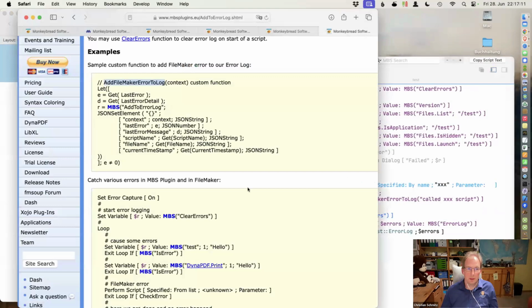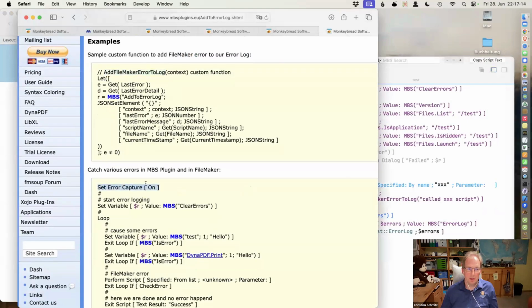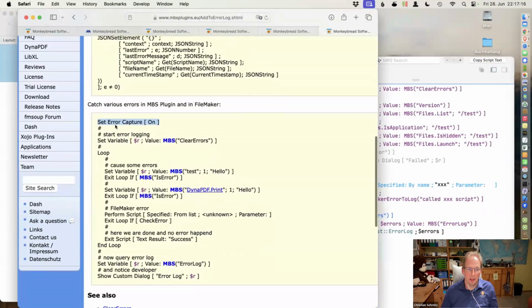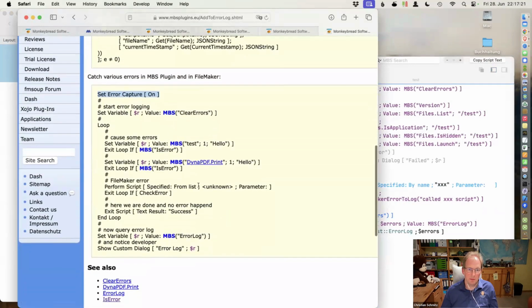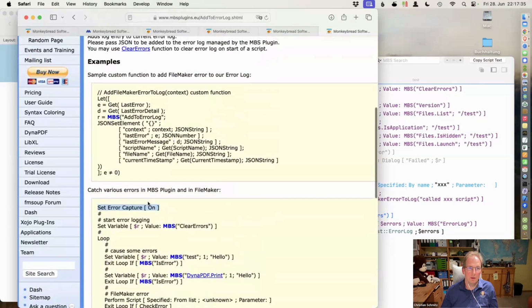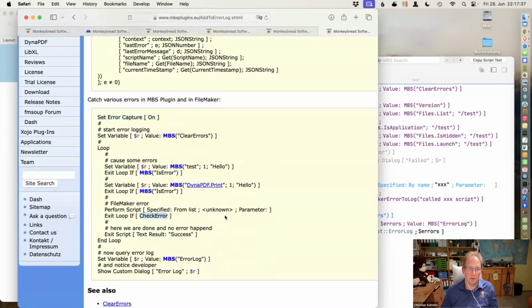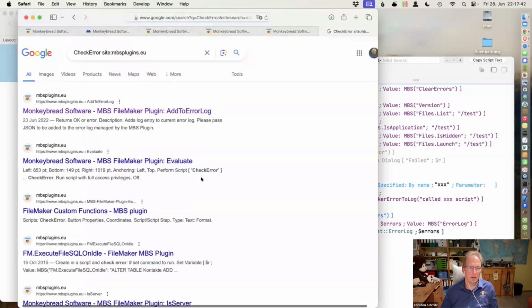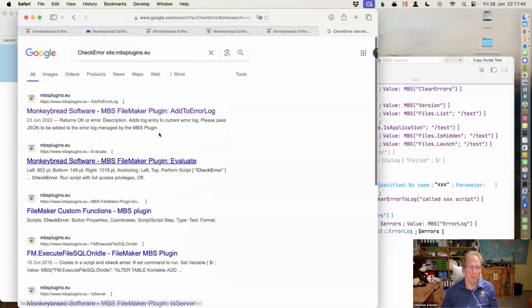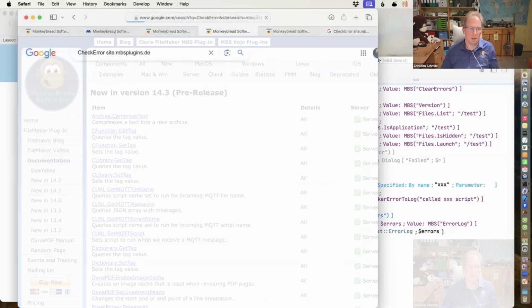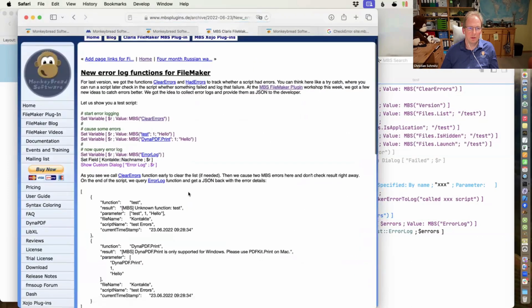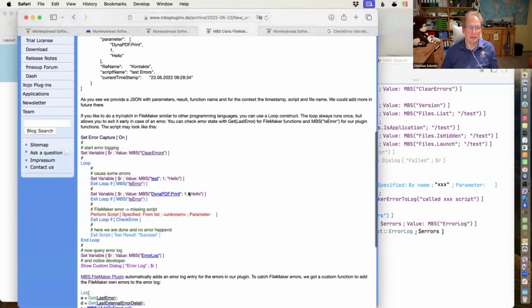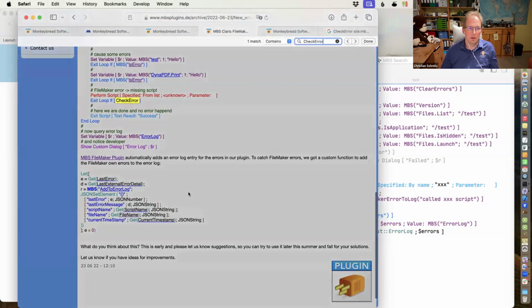Yeah, let's see. So error capture on to avoid the dialogues from FileMaker. Then you can do a couple of things like here, print something, perform a script, and this even uses a check error. Did I write about that? Maybe on the blog. Check error, new error log functions. So do we have the error?